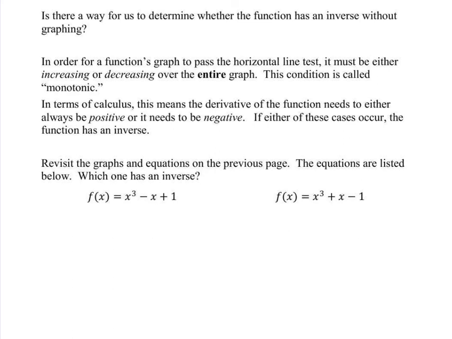So, these equations come off those two graphs that we just looked at. We already know that this one does not have an inverse and this one does have an inverse. So let's go ahead and take the derivatives of these two. They're easy to take. And then we'll look at the function itself and see how we can determine whether or not it's always increasing or decreasing or not quite the case. So f prime of x in this one is going to be what? So 3x squared minus 1. And f prime on this one is going to be